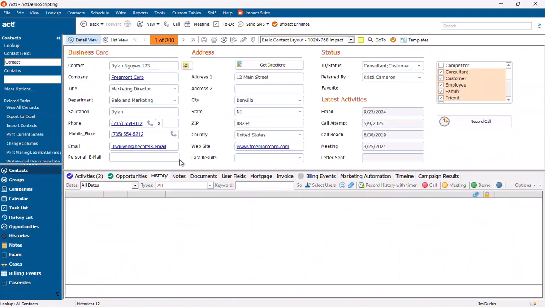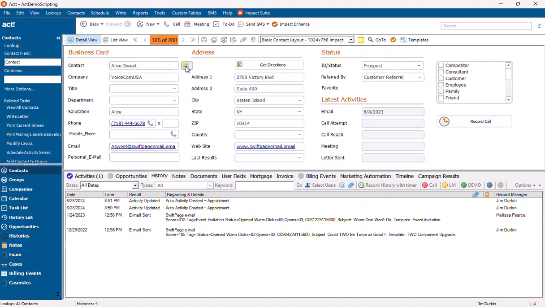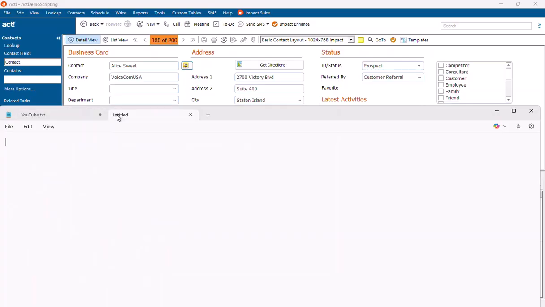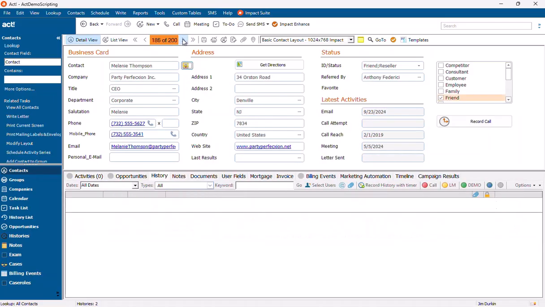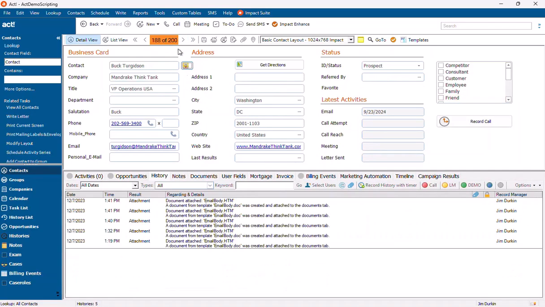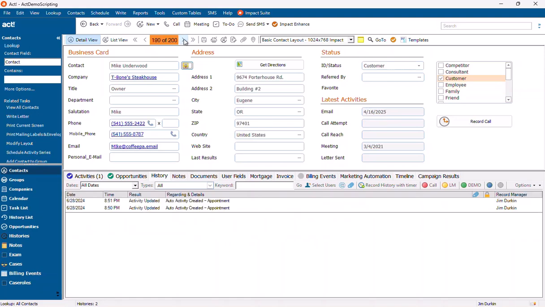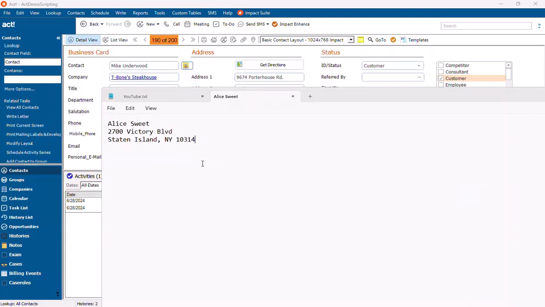So let's go to Alice. She has that on here. Let's click the clipboard. I'm going to go into the notepad, and I'll go say paste. There's Alice's address. So now if we go to somebody else, let's see, somebody has a kind of a full address here. Let's click on that and go back to our,